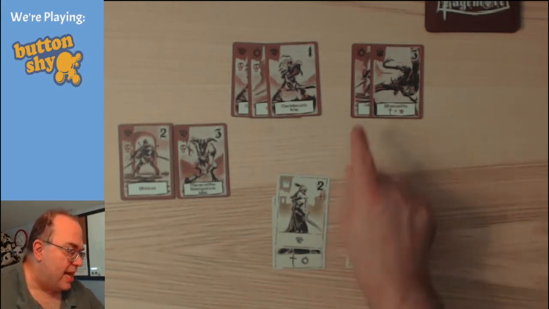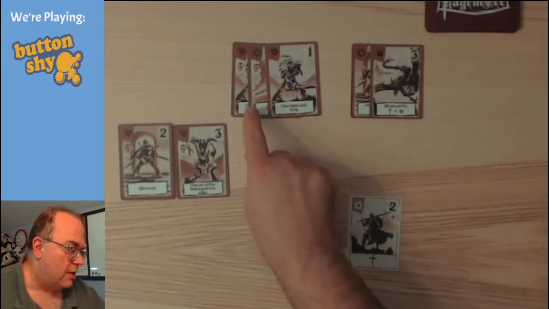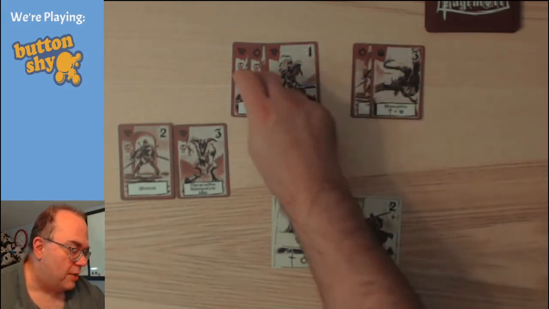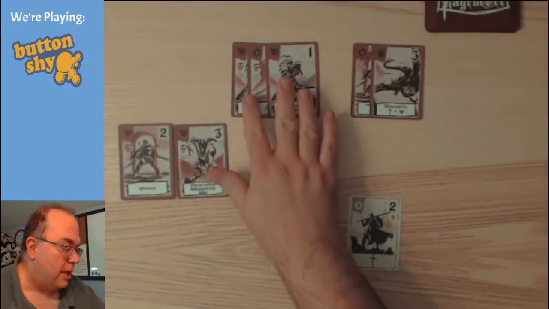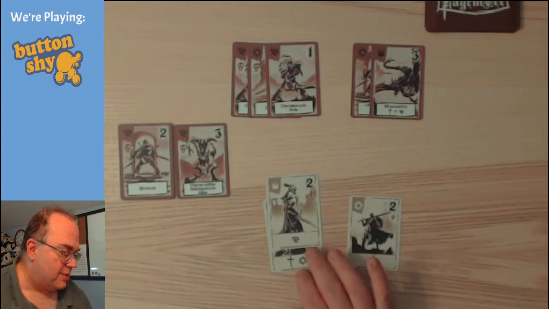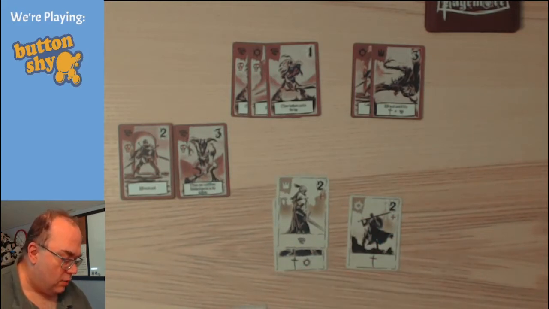So let's say I had a cross over here instead of a sun. I couldn't use this card to then match this card and this card. It has to be within the same quest overall. We've really only got one card that does that, and that's this 2 right here. We could also,